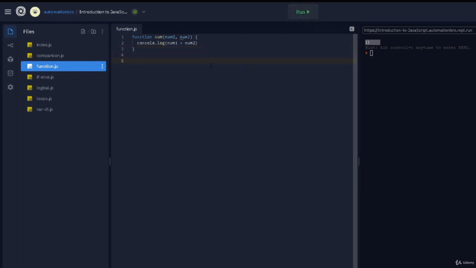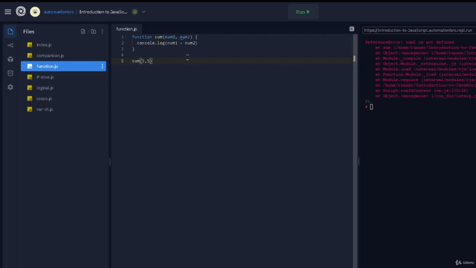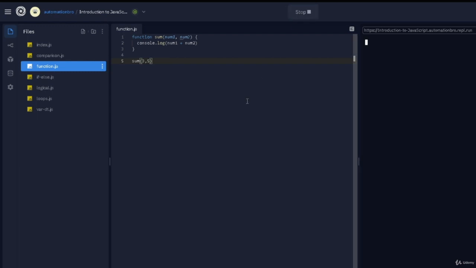Now, if you actually want to call this function, what we can do is write sum over here, and in the brackets, we pass in the arguments. Just keep in mind in terms of the terminology, we call them parameters. When we are actually invoking the function, we pass in the arguments. For the arguments, I'm going to put, let's say, 3 and 8. It doesn't really matter what you put in here. If I hit run, we got an error, and I think that's because I spelled num wrong over here. If I fix this and run it again, okay, there you go. This worked. We got 8.